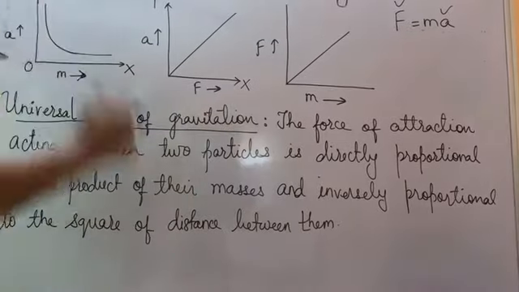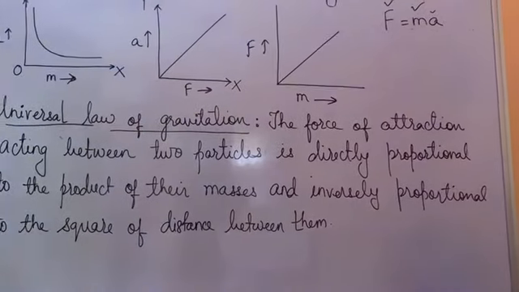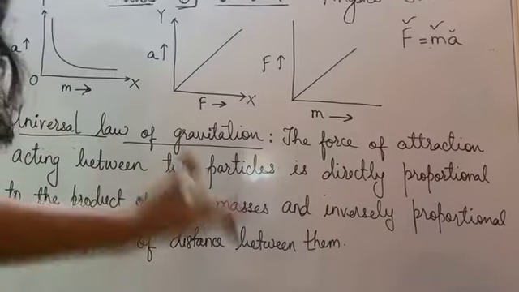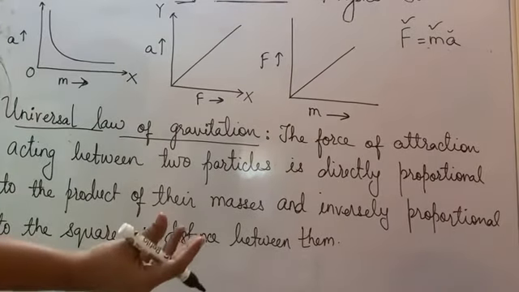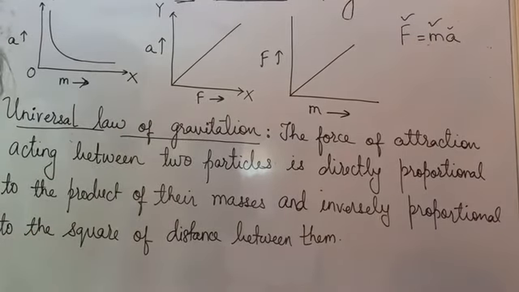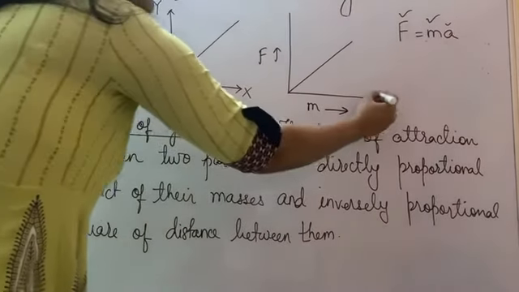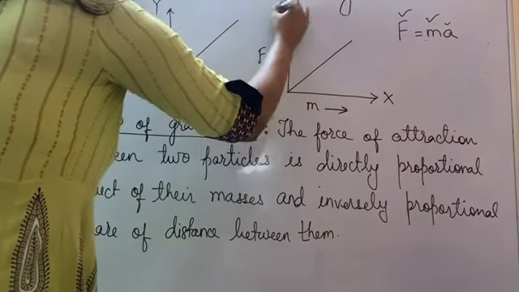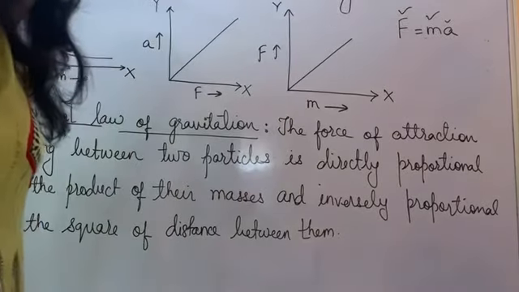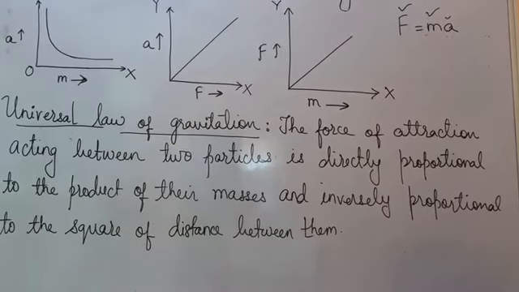The third is between force and mass. Again they are directly proportional. If a body has more mass, children, you will have to apply more force. If a body has a small mass, you will have to apply a smaller force. You can think of it as common sense also. And again, whenever they are directly proportional, it is always a straight line graph. As the value of mass increases, the value of force also goes on increasing. So this forms the basis of the F is equal to MA graphs.